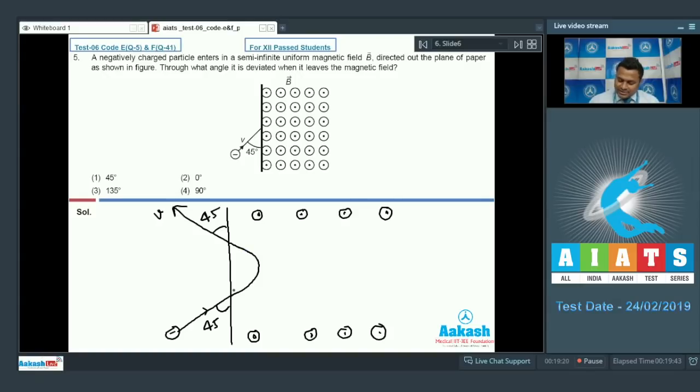After extending these lines, these directions of velocities, we get this as 45 degrees, vertically opposite, this is also 45 degrees, and hence this angle will be 90 degrees. So we can say that this is the angle of deviation delta, which is also 90 degrees. So the charged particle will deviate by an angle of 90 degrees. So we'll proceed with option number 4, which will be the correct option. Now let us move on to the next question,